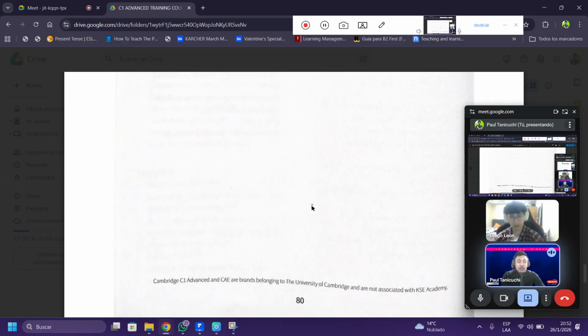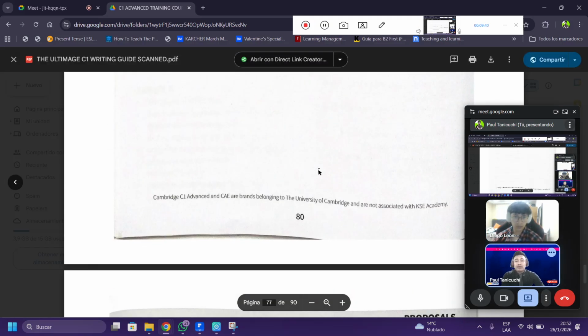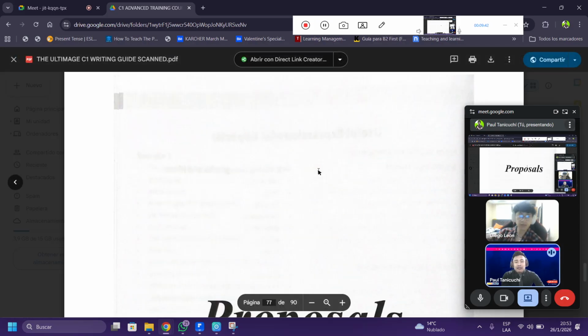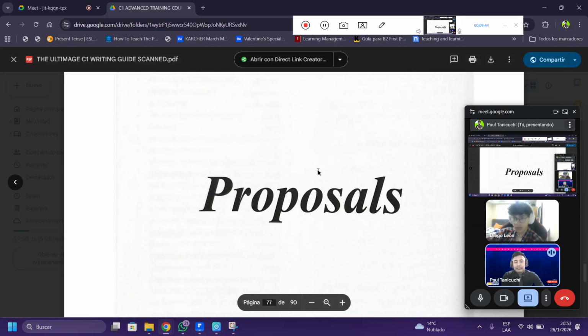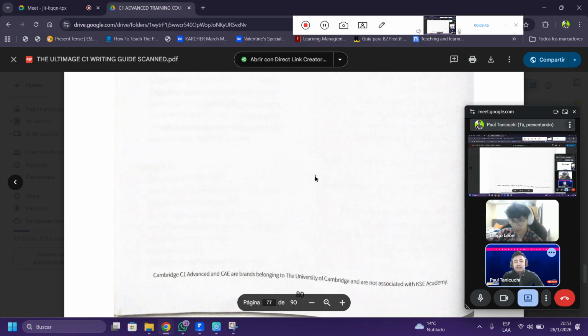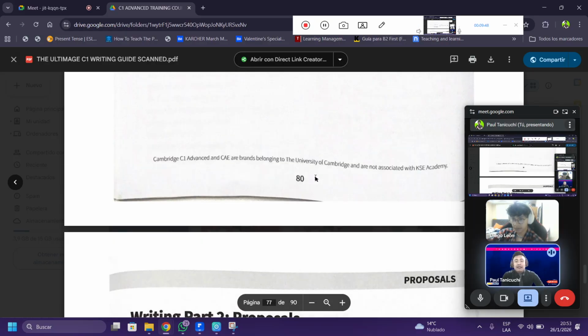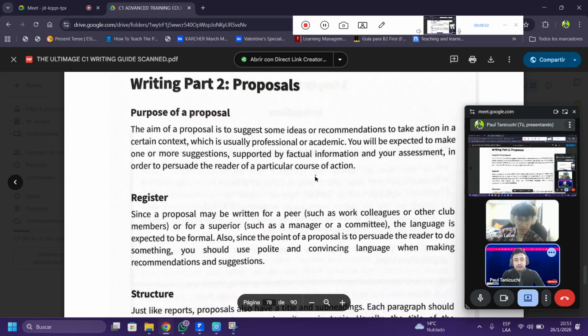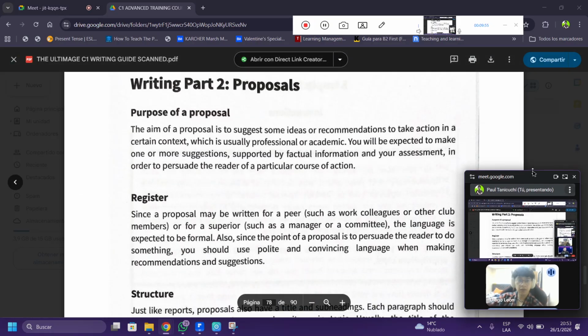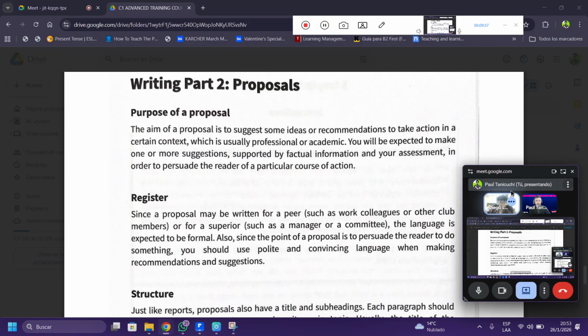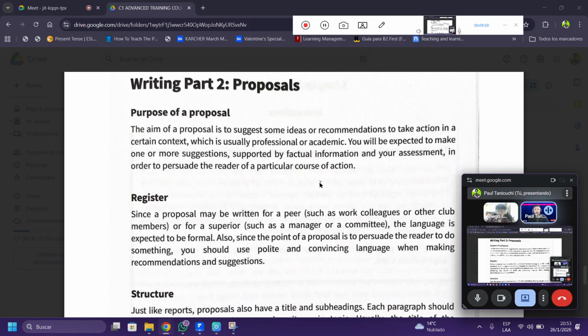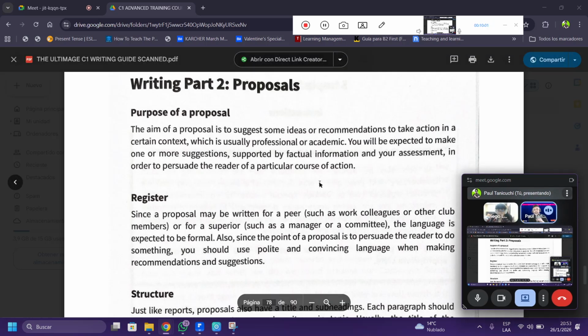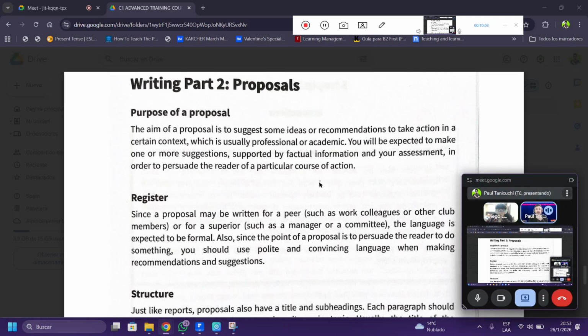If you're able to, open up your writing guide that I've uploaded to the Google Drive folder. Did you get it? Yes, I have it open. On page number 81, proposals, Ultimate C1. Here it is. Meanwhile, I'm going to give you an overview on how to write a proposal.